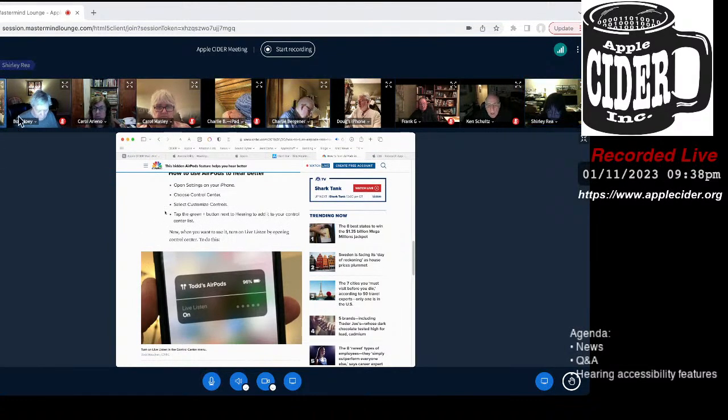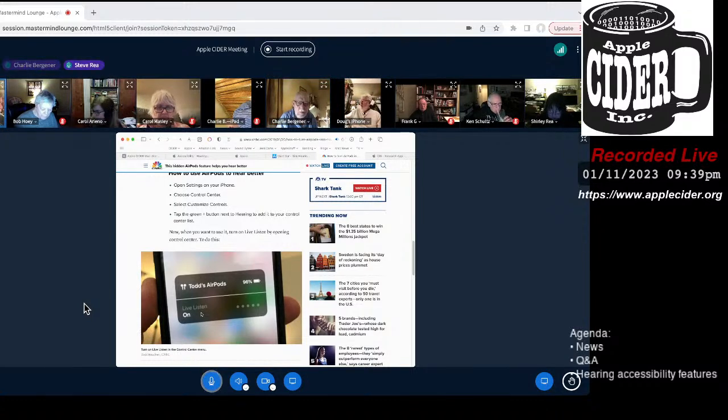When you swipe up from the control center at the bottom, you tap on the little hearing aid icon, and that will turn on the Listen Live feature, so that you put your phone next to someone and you hear them in your AirPods, or vice versa. If they're hard of hearing, you give them the headphone and you talk into your iPhone. Oh, thank you. That's what I've been looking for. That's wonderful. Is that only on iPhones, or is it on the iPad too?